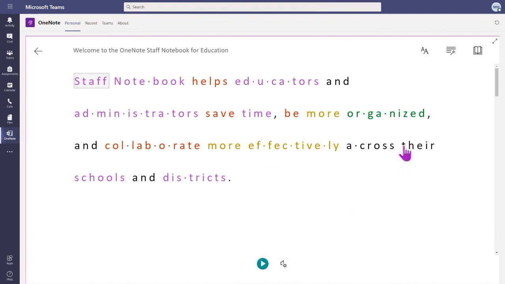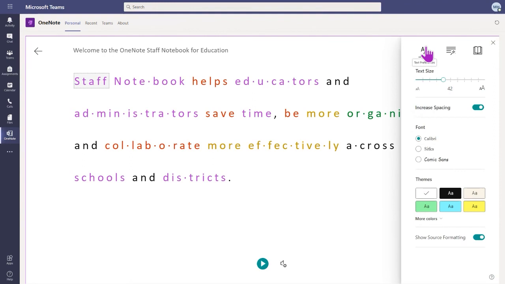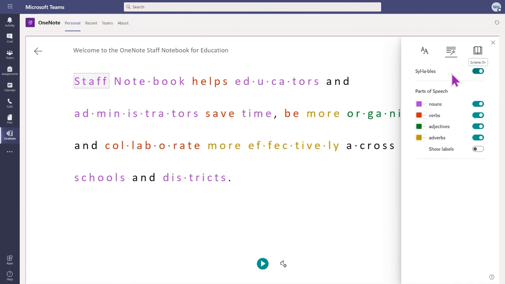They can also, at the top right, there are going to be 3 different sections of options. First one is basic text preferences. If they need to make this smaller or bigger, change the font, even change the color to make it easier for them to see and read. They can also choose to turn on syllables.